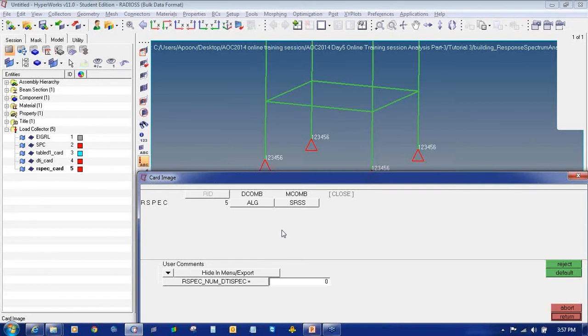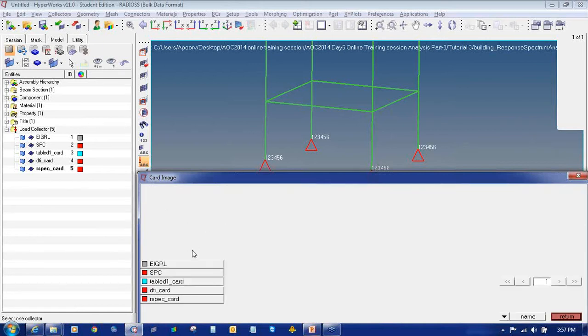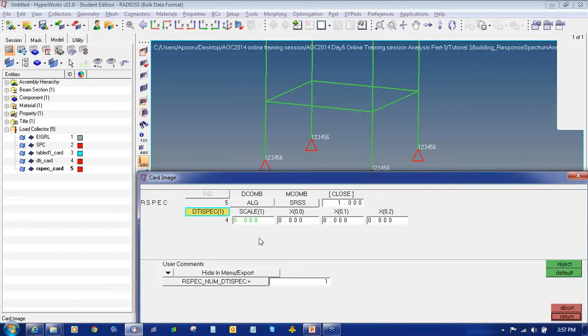We'll click on close and enter the value as 1 in the input box. Here I will enter the value as 1 and select the DTI card. For scale, I will enter the value as 9800.